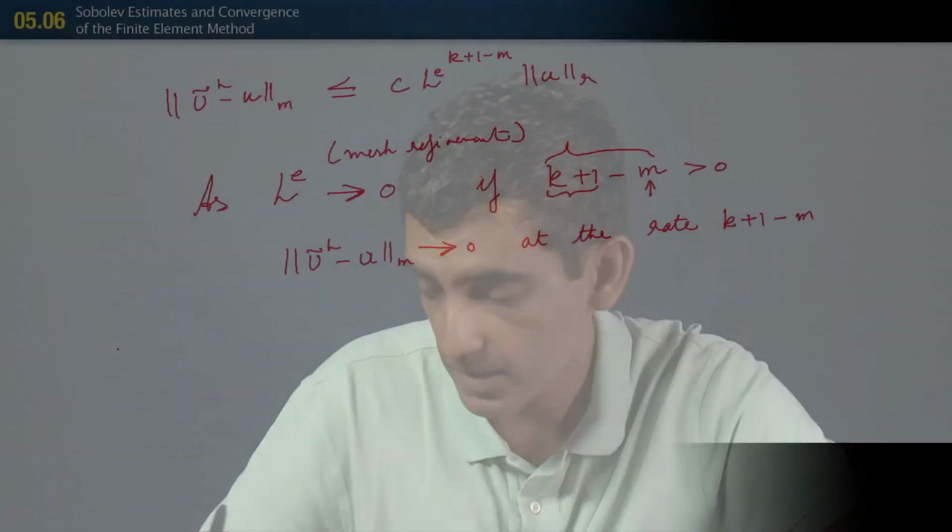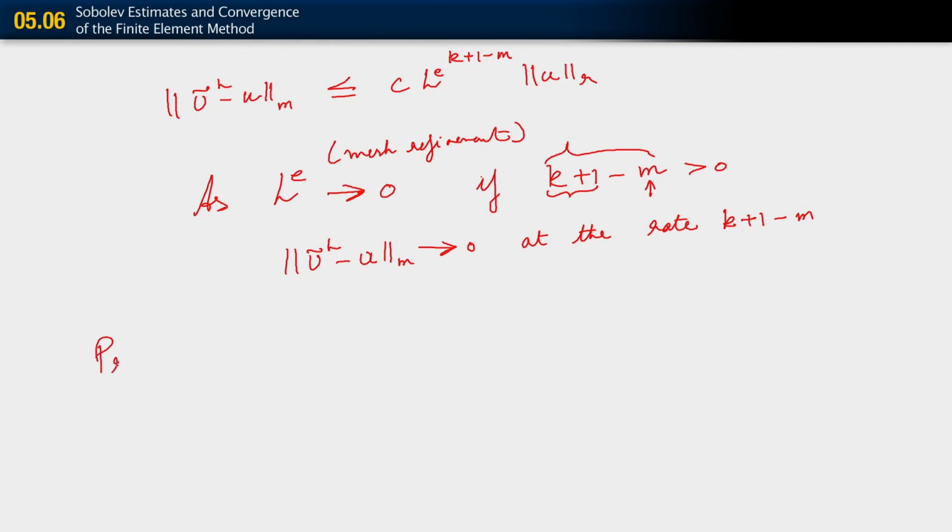So if we are not looking for very high m norms, if we're not taking many derivatives when we compute the m norm, then this holds. And this is an important thing to know. We should note that this property comes to us directly from the Sobolev space. We are not saying anything yet about the finite element solution. This result is a property of our Sobolev space